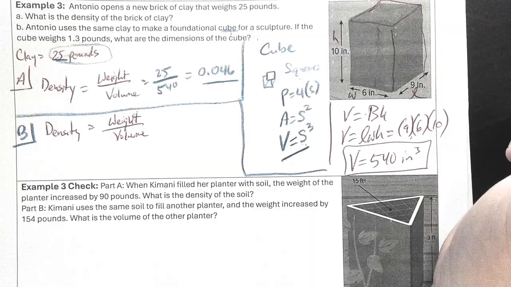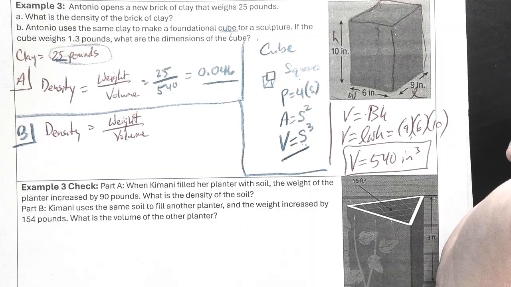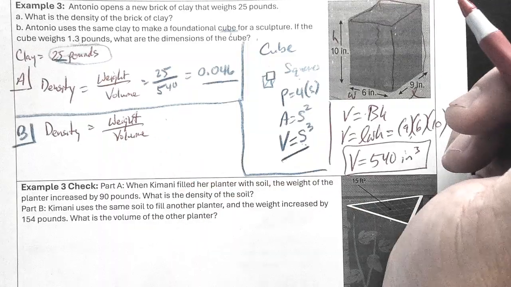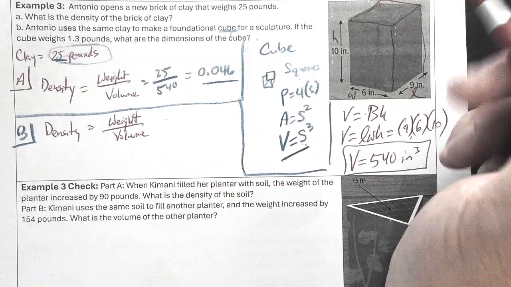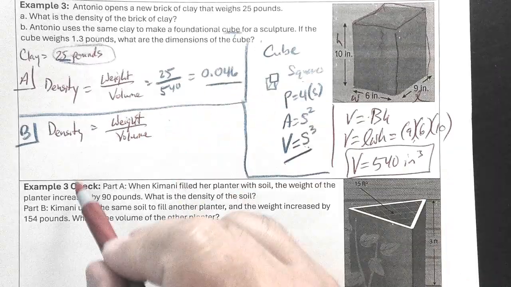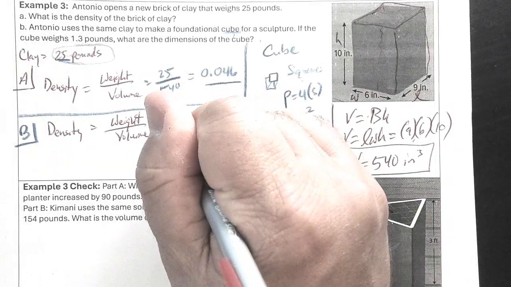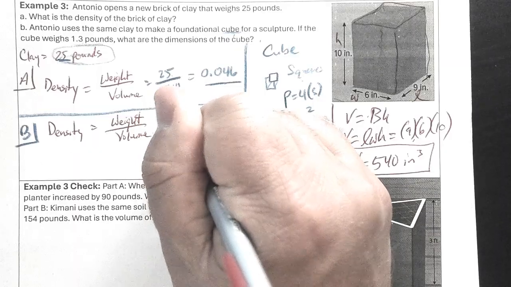I can see doing it a couple of different ways. So we have the weight. Well, it's fine. We already know the density is this, but we're going to use the fraction, and we're going to